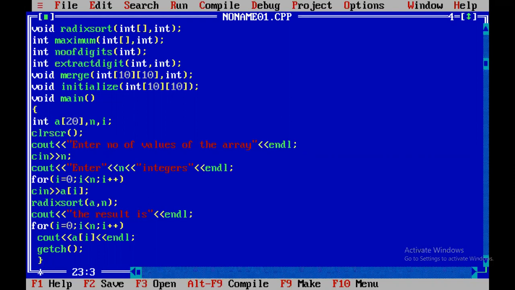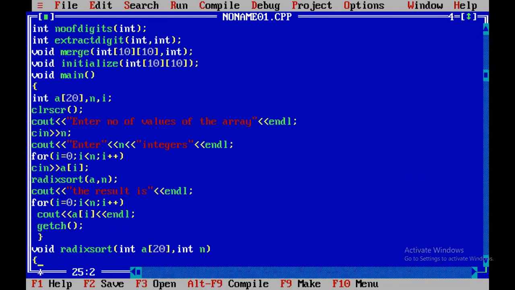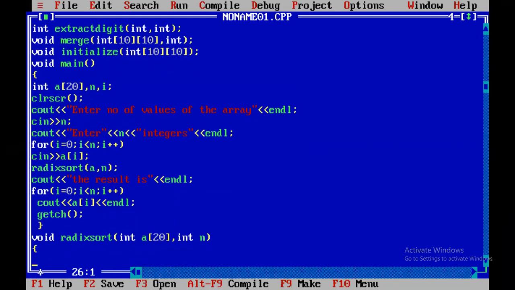Yes. So now we'll go for the function radix sort. Void radix sort, int a of 20 comma n. I already told you that when programs are too big, writing the programs in functions makes them very easy to understand and easy to implement.